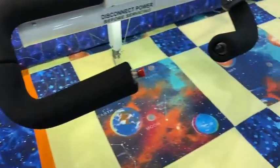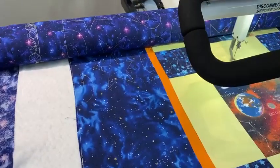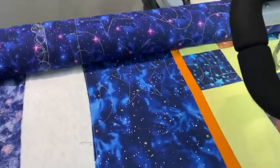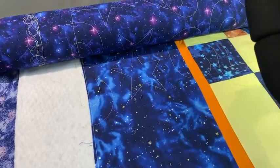So you first have to pick a point that you're going to realign to. I don't use the auto realign feature. I actually pick a point on the quilt. The point on this particular pattern that I'm going to use is the star in the previous row. So I've already advanced my quilt,